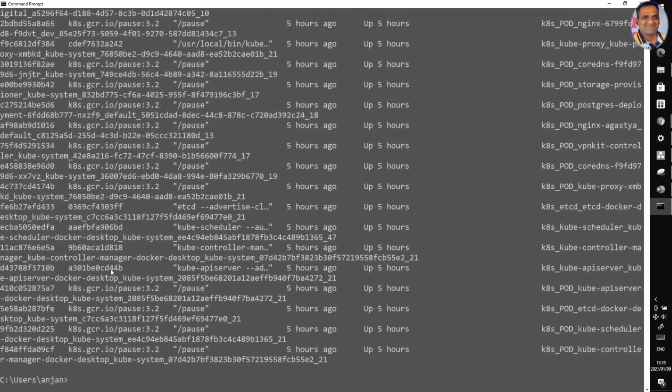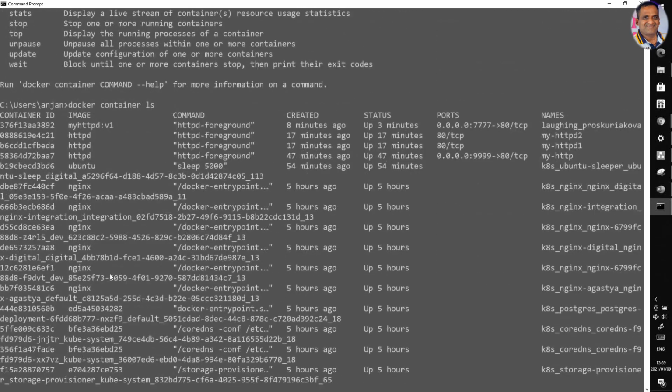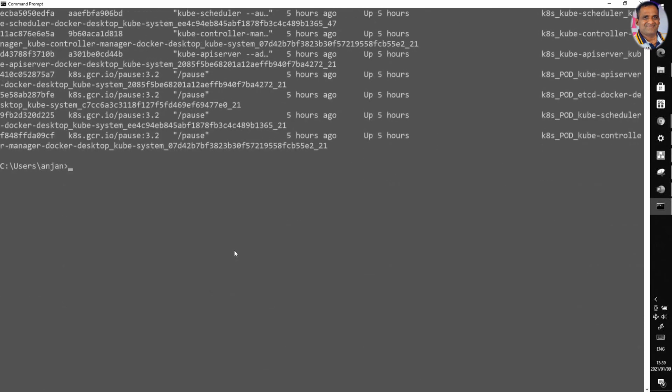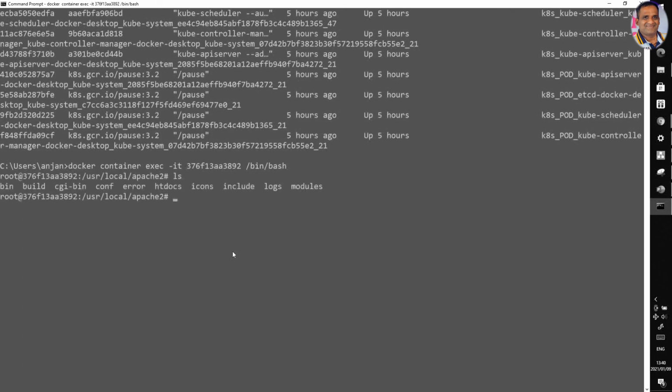Let's see the container. If you see the container, this one httpd, and if we go and execute that, docker container exec -it, this is the container ID, bin bash. Once we are in this container, this is the container file system.